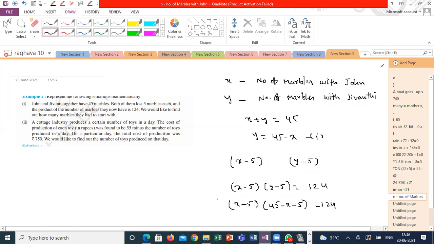Do you understand, guys, what I did? Is it clear? This I did from polynomials and pair of linear equations only. They gave the situation, and I'm writing that situation in mathematical format. That's it. Is it clear, guys, what I'm saying? Yes, sir. Is it correct? Let's check the textbook to see whether I'm doing it the right way.